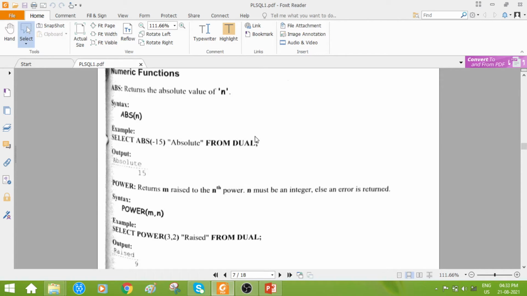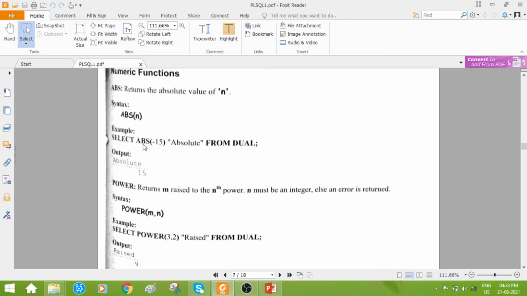In the very introduction class on computations of data on a table, I had told you dual is what? It is a dummy table in Oracle, found in which one? The data dictionary of SQL, right? So it is not essential that we create a table and store some data in a table.